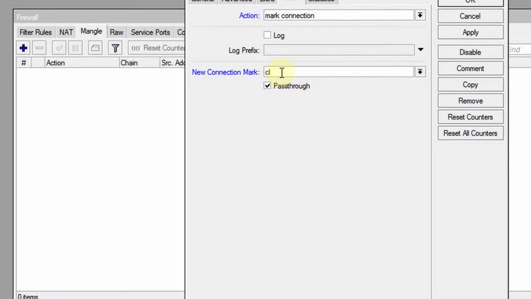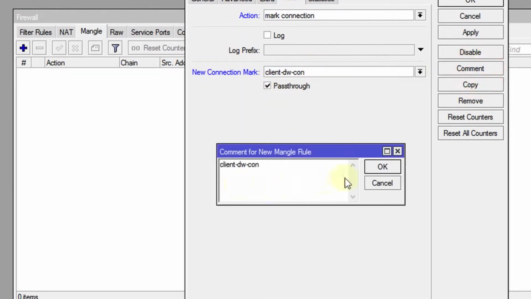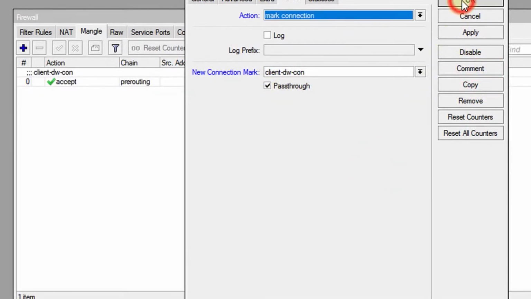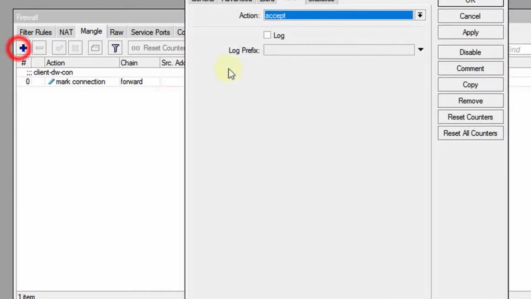So what we're doing now is to mark all connections that are coming into the router. So we're going to mark those connections. I'm going to call this mark con. I'm going to put a comment on that so we know what it is. Okay, next